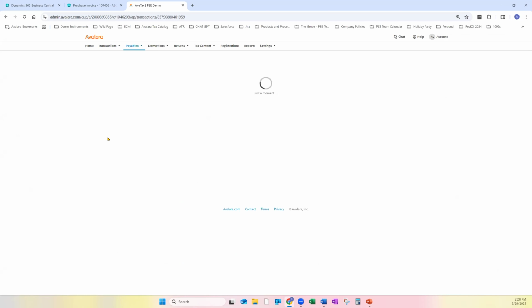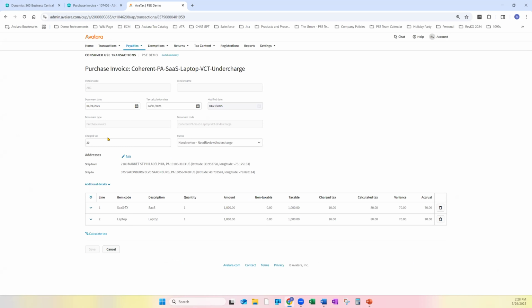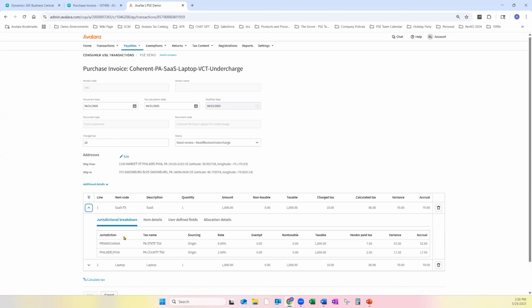As we drill into each payable, you will now start to see the logic and the granularity that Avalara has the ability to assess for the actual accrual amount. We always look at a ship from and a ship to and convert that to latitude and longitude coordinates. More importantly, as you scroll down, you will see the jurisdictional breakouts attributed to the ship to address. We will see the rate that Avalara has decided, understanding the taxable piece, the non-taxable piece, and is it exempt? Okay. But more importantly now, you want to see here at a line level exactly how much tax needs to